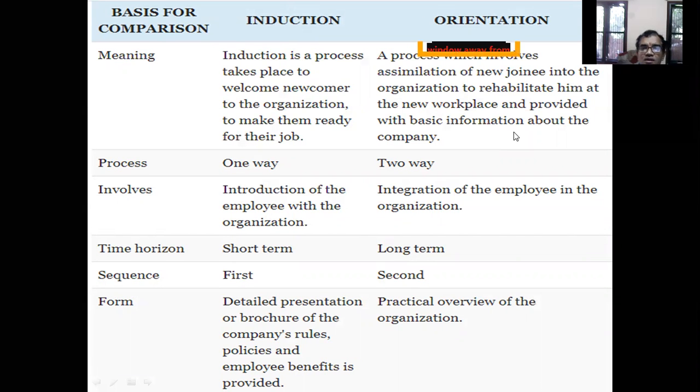I mentioned after recruitment is over, you will go for selection, and after selection you will go for induction and orientation. Though these words appear to be similar, there is a subtle difference, a small difference between these two. What are the differences between the two? We will examine them. So induction, based on meaning, is a process that takes place to welcome a newcomer